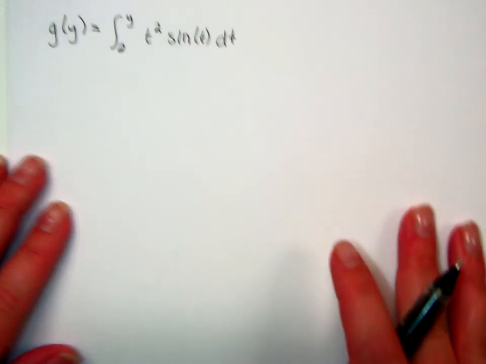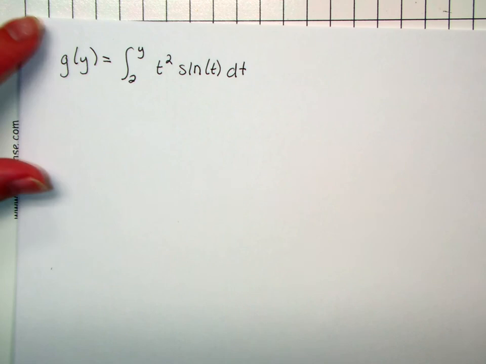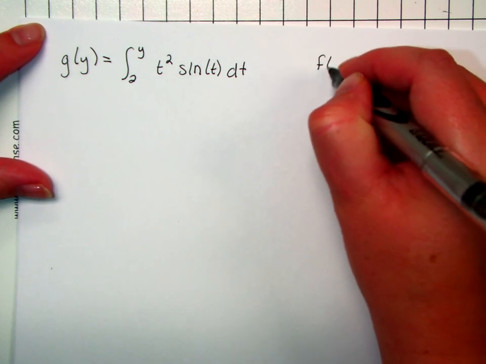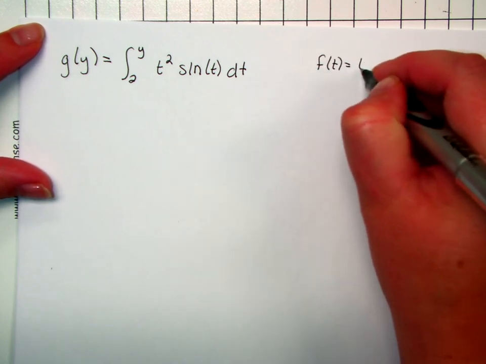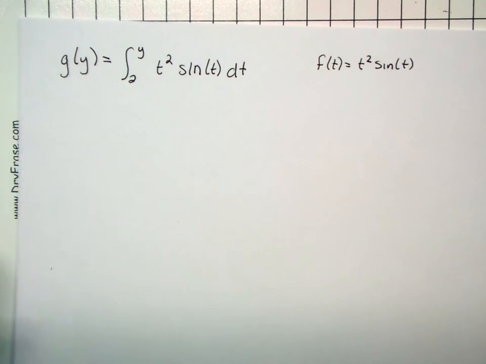I couldn't see where I was writing. Sorry, guys. Okay, so let's look at this function. g of y equals the integral from 2 to y of t squared sine t dt. So I really want you to realize that little f of t is t squared sine t. Right? So if I take the derivative